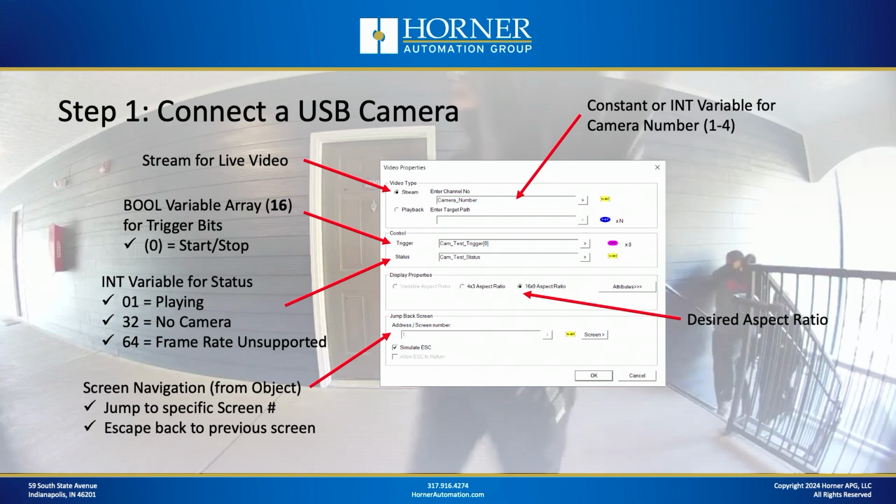So I've never really seen a problem there, but if you see a value of 64 in that status register, it's going to mean that for whatever reason, that particular camera is putting out an unsupported frame rate. Okay? And then finally, the video object at runtime has an escape button or a back arrow associated with it,